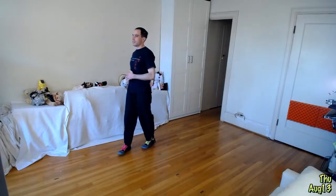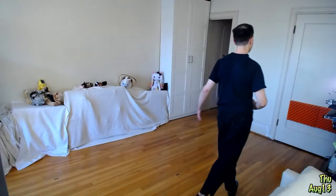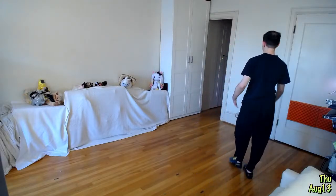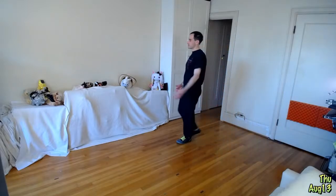And walking meditation, gathering into lower dantian. Okay. And do a bow to transition into